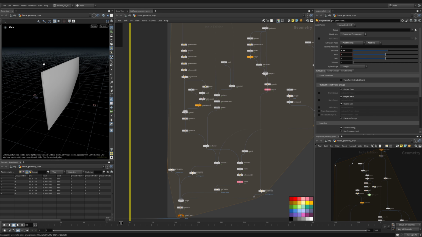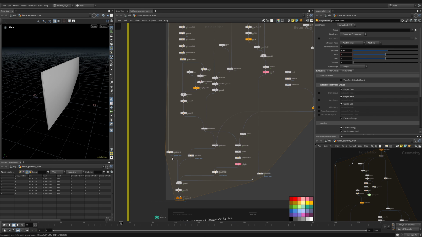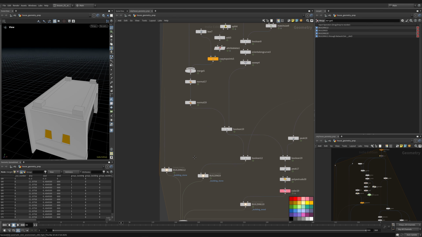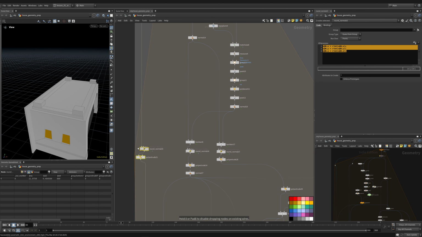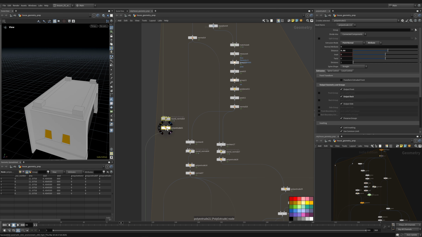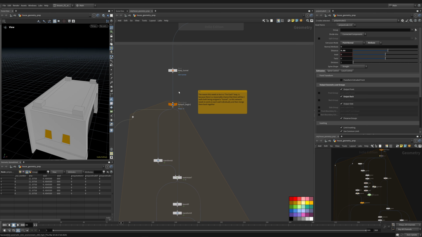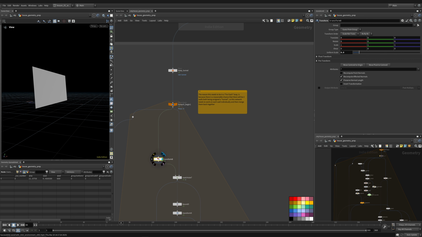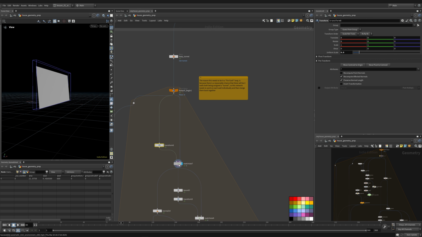So again, this was just that back side of the wall, which we then merge in and name it stone, because we're going to texture it as stone later in Solaris. Again, we can arrange and place these nodes. Next up, we're going to take, it looks like the same object, scale it down, place it in the middle,